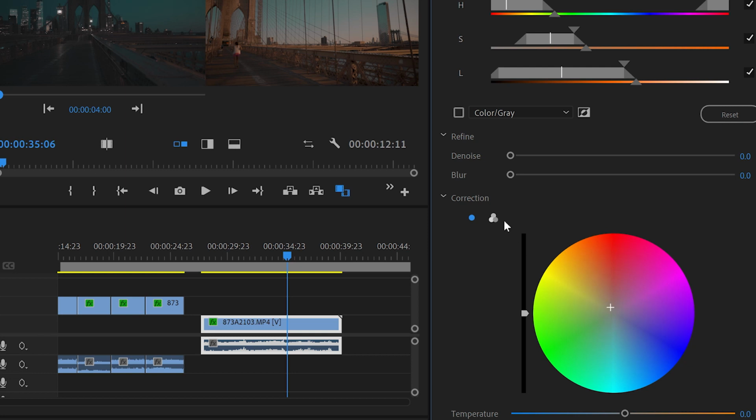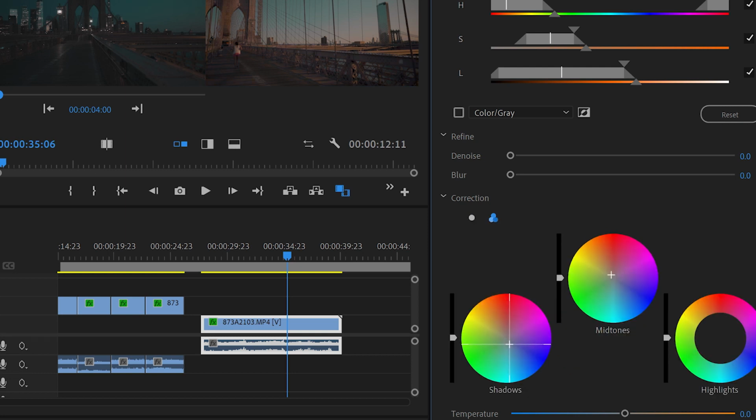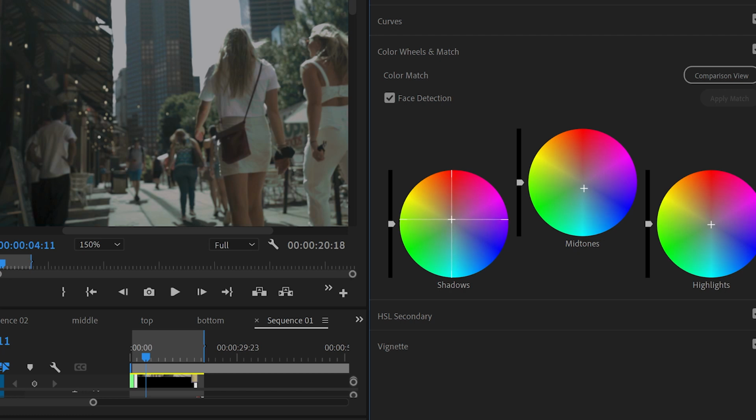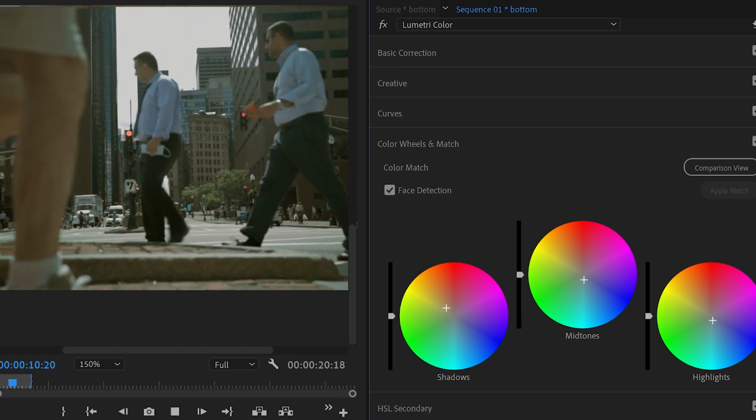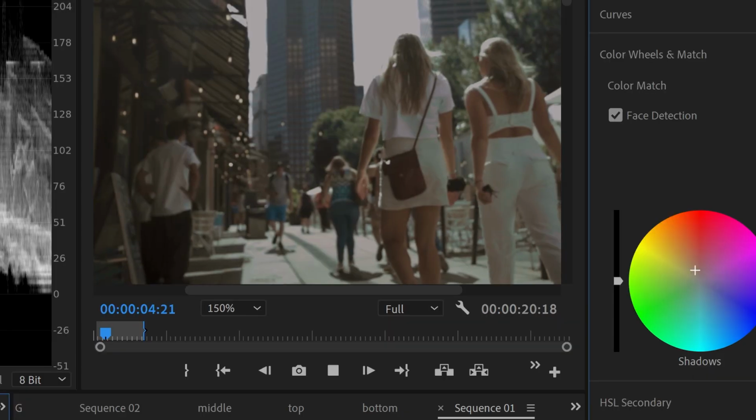And then if I want to achieve a more orange and teal look, I like to add more blue or cyan in the shadow area. Or if I want a more vintage look, you can add some yellow and orange in the shadow. So you can play with the color wheel and start having fun with the art of color grading motion pictures.